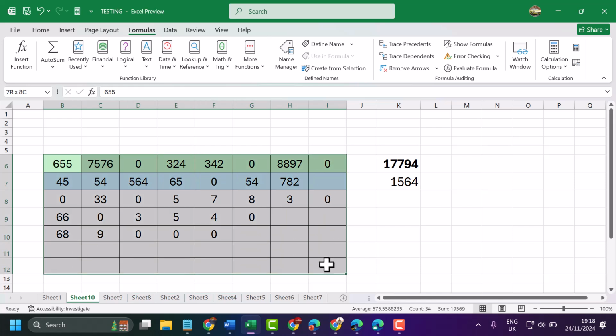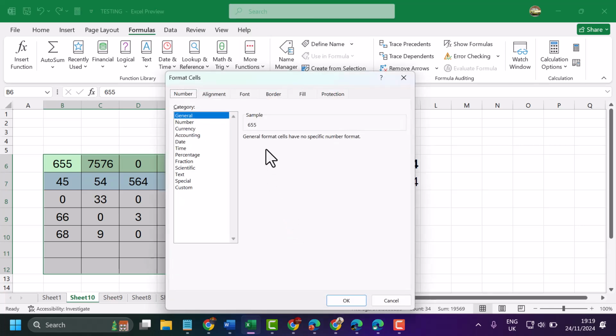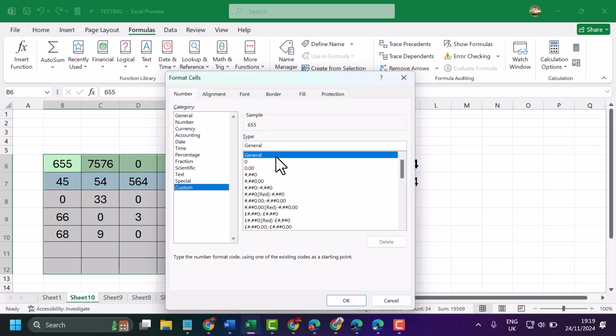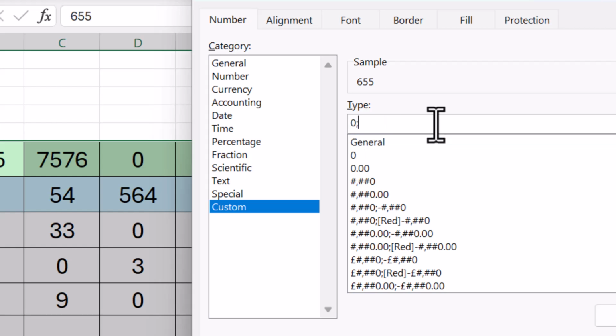Select your data, then right click and format cells. Now here select number, then custom. Now here you need to type this code: 0 and semicolon minus 0,